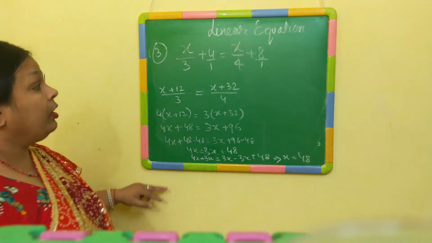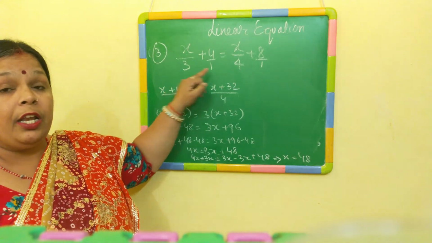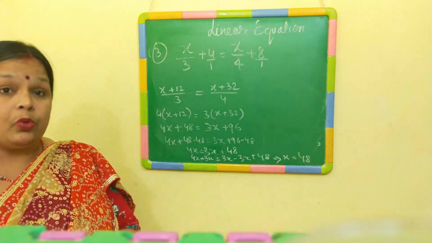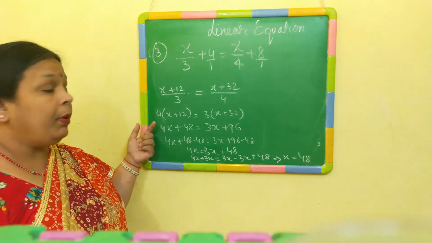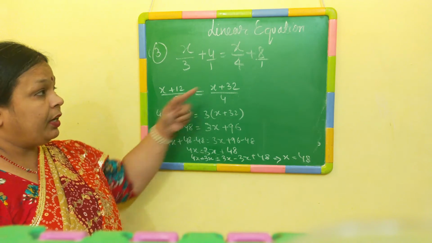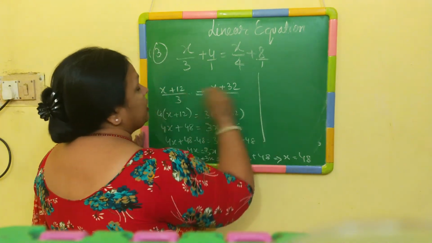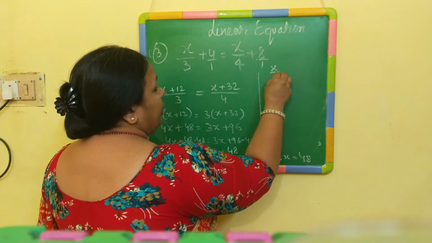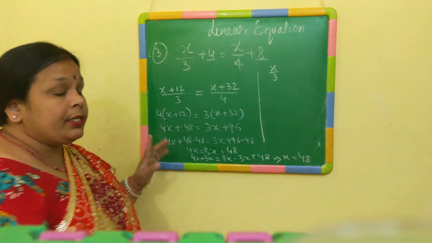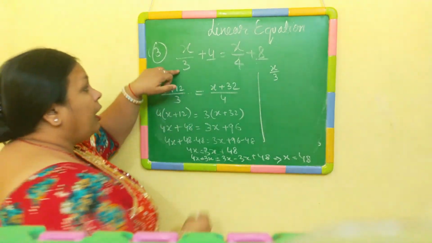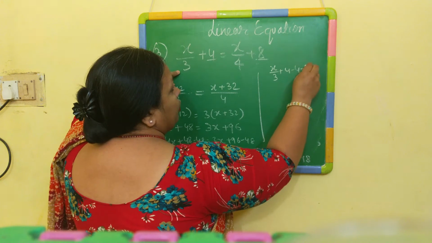So when we check for the value of 48, this condition, that is LHS is equals to RHS, is going to be true. So we have seen here how to cross multiply and then solve it. Let's see the second method side by side. Now the second method says that is x by 3. So to remove this, see we are not taking LCM here, we are just removing it, and what we are doing is we are subtracting 4 on both the sides.